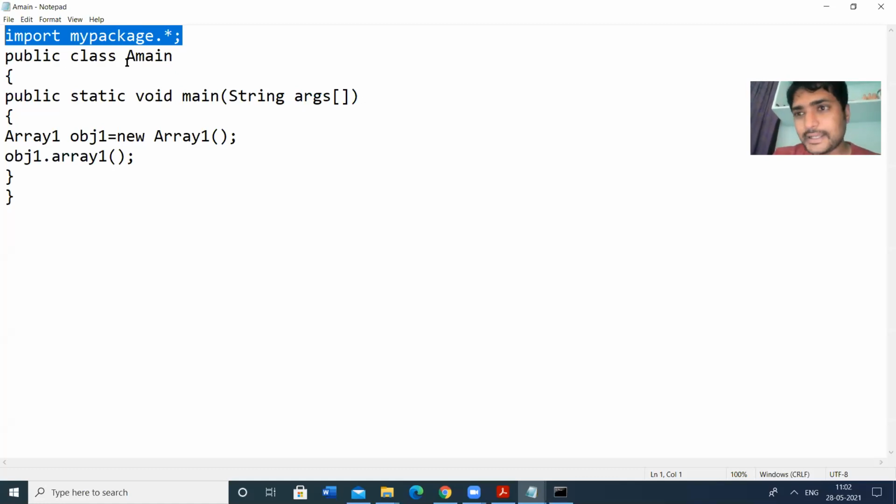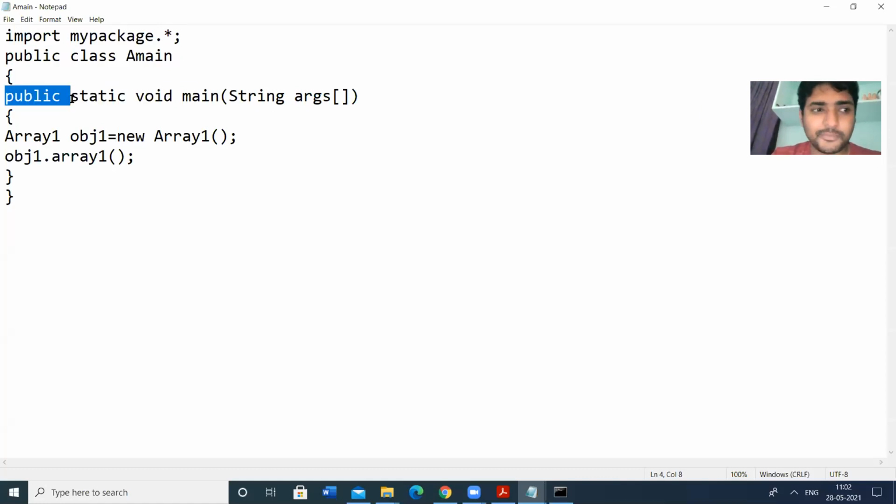So this is our main class. Public static void main method. I have the main method. Here I am going to create an object obj1 of type array1. array1 is a class name. In this program, have we created any array1 class?